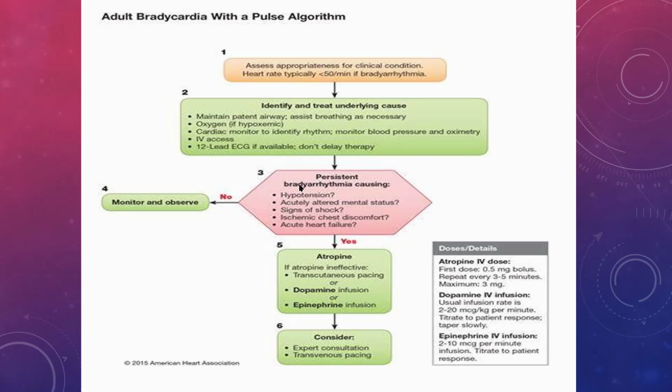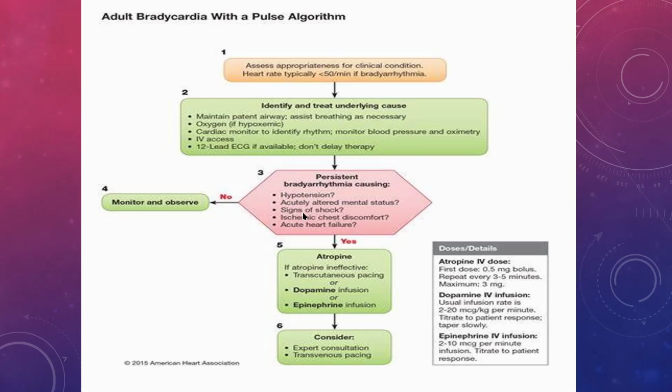But for the sake of completion, we'll just go through this just so that you guys know more or less how you would approach a patient, for example, who's bradycardic, but you can't identify the cause. So you would give them oxygen, cardiac monitors, IV access, 12-lead ECG, basically what we would do. And the signs of a dangerous bradycardia are exactly the same as the danger signs for a tachycardia. You have hypotension,